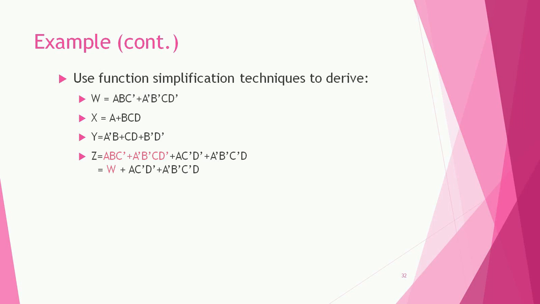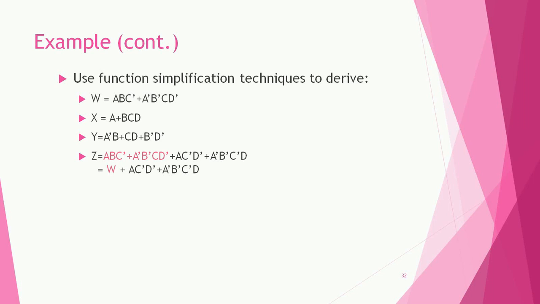Our aim is to have 3 product terms in every expression. Observe the expression of W. Only 2 product terms are there. No problem. We can add one empty AND gate and connect that gate to nowhere. The second expression, X, Y, is also having 2 product terms. No problem. We can add one empty AND gate. But the third expression has 3 product terms, and the expression of Z has 5 product terms.